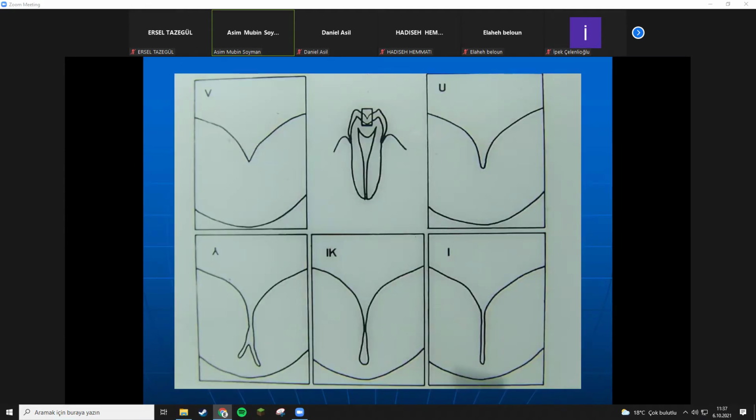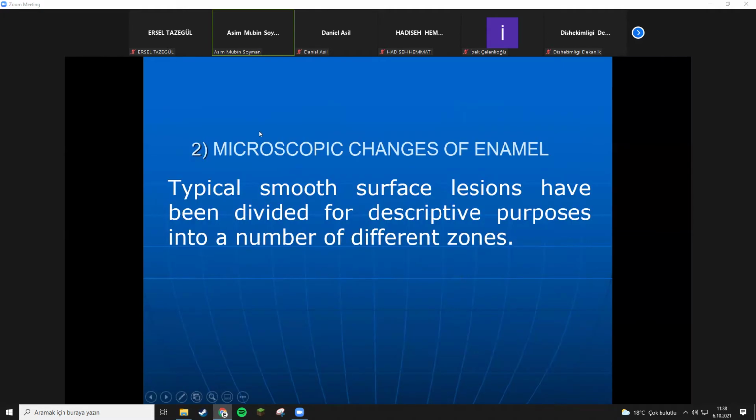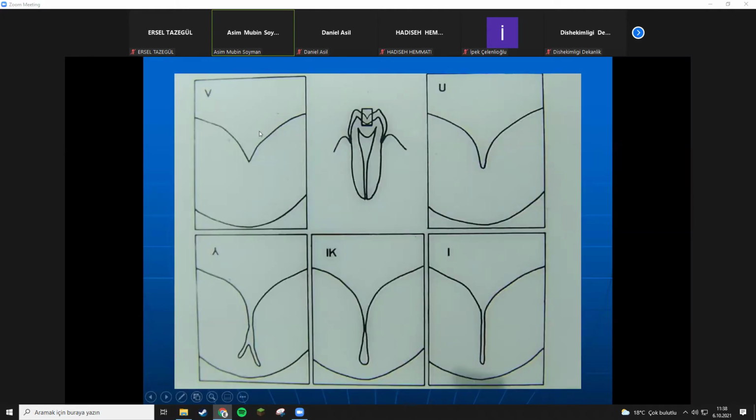So it's better to explain it with a schematic configuration. And these are the fissure types. Interestingly, it's important to say this: fissure types are genetically coded, genetically decided, because fissure types are inherited from mother or father. So if you are lucky, then you have V-shape or U-shape